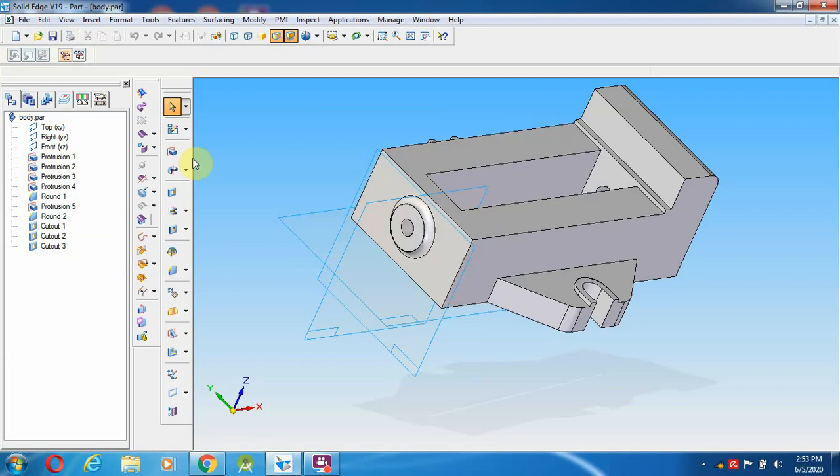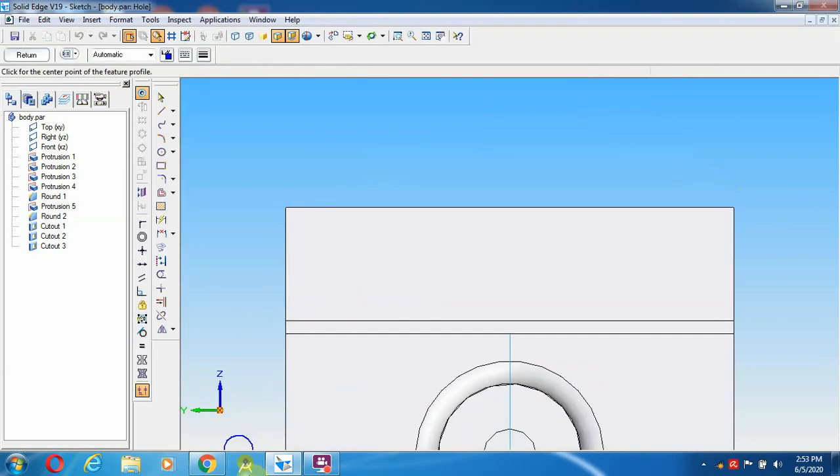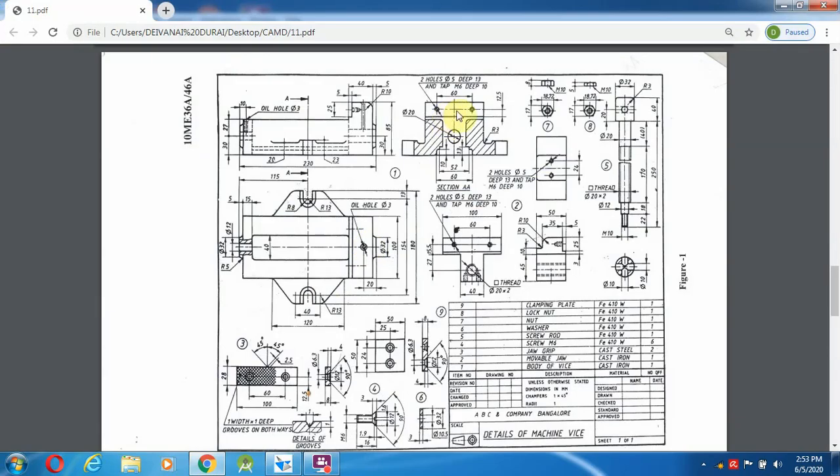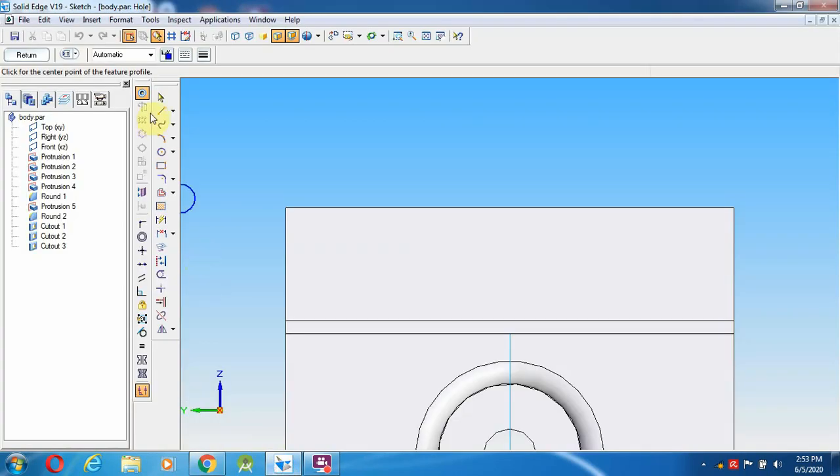So go over here, select the hole option and select the surface. This is the surface. From bottom, from here to 12.5 mm height, select a line. So from here to 12.5 mm distance.